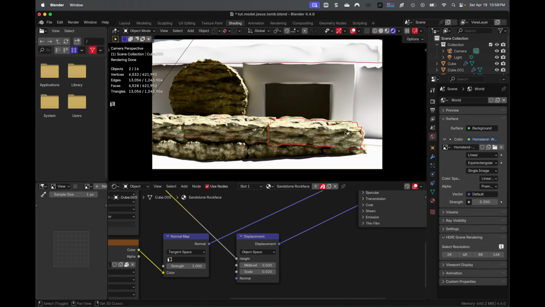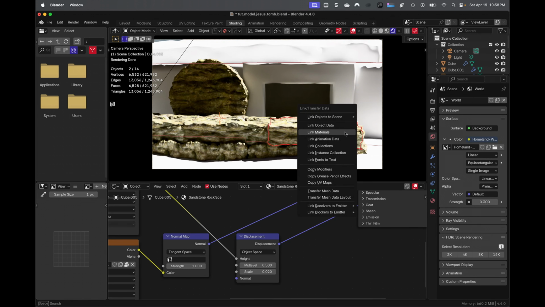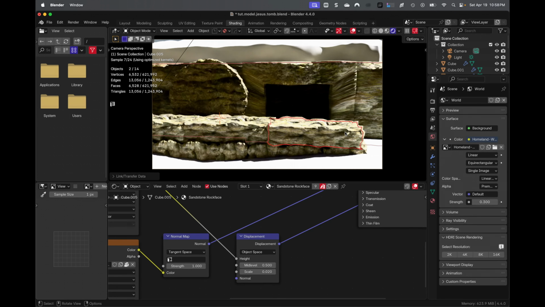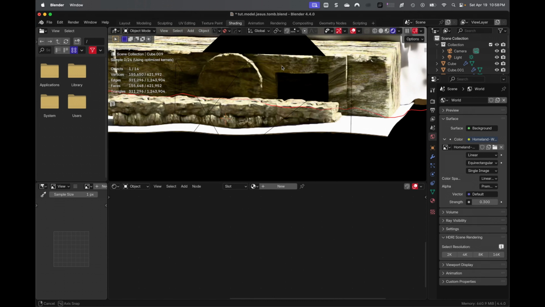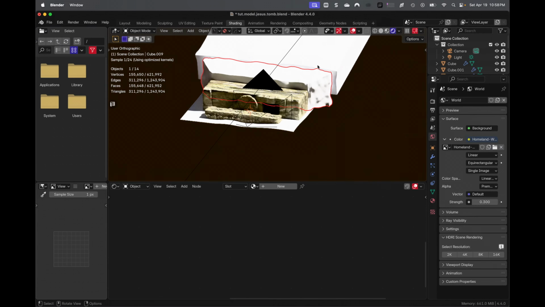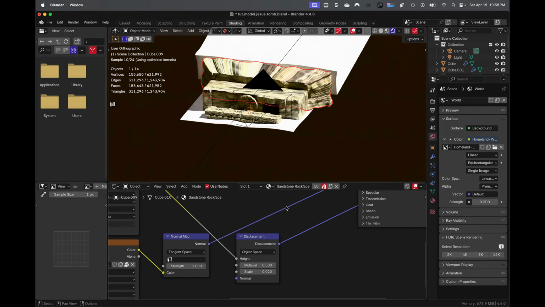So now I'm going to grab the tomb itself and do the same thing, link materials. And if you notice, it looks crazy there at the door. That is because it hasn't been UV unwrapped. That model has not yet. We'll do that later. Coming back here, I also am going to put that texture on the back part